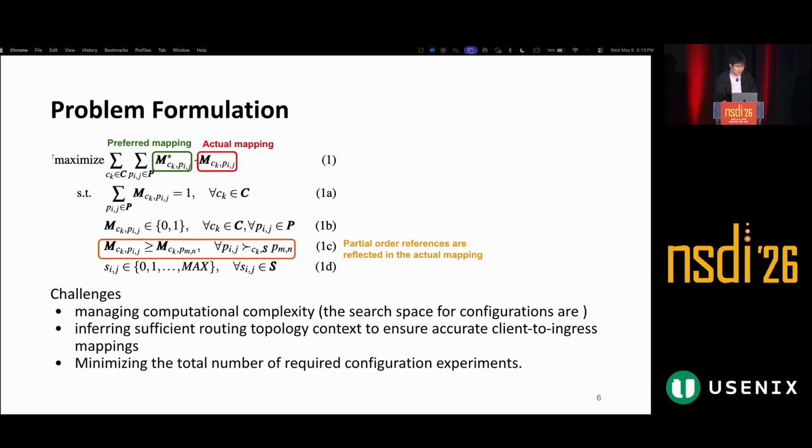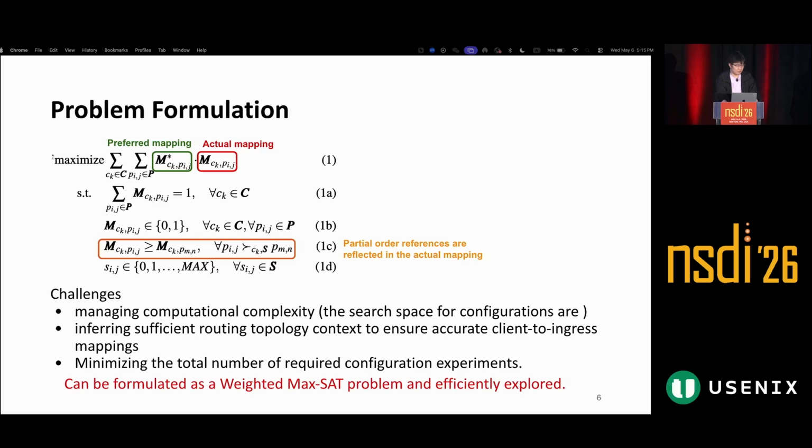However, the challenge here is that the computational complexity is very high, because the ASPP configuration can be like 10 to the power of 20. So the search space is very large, and we want a way that infers sufficient routing topology context instead of exploring all the configuration space, while also minimizing the total number of required configuration experiments.